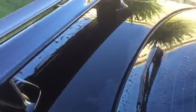Water pills unevenly, you can tell the paint's kind of grotty, and we're just going to show a quick demo of how much contaminants are on this car right now, because we've got a lot of work in removing contaminants off this car to get it ready for stage 3, because one thing you do not want to be doing is buffing contaminants into paint, because you're going to be wondering how you're coming up with scratches and stuff. It'll be because you're buffing contaminants into paint. But this is a typical example